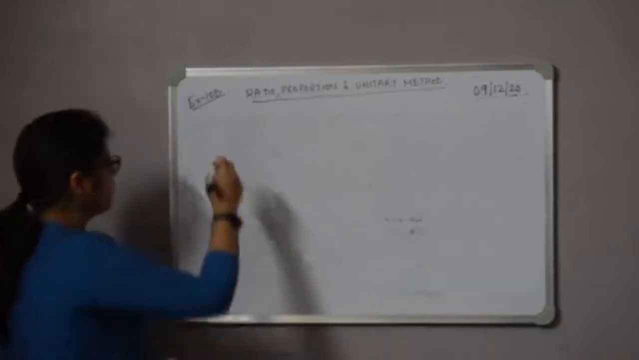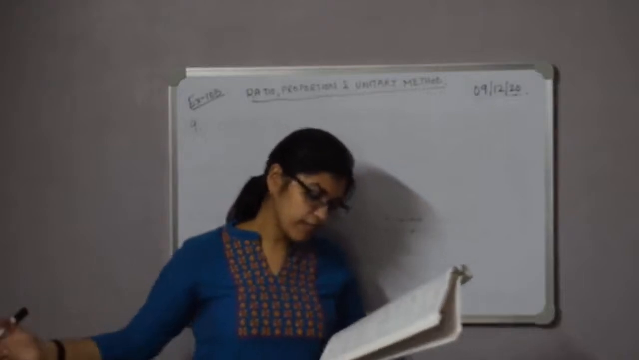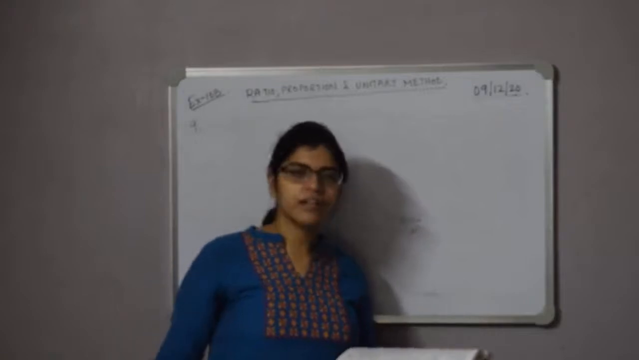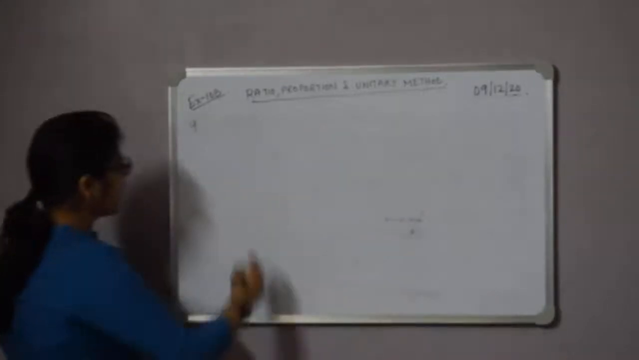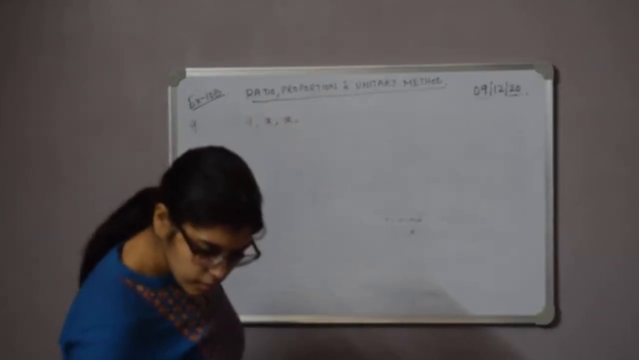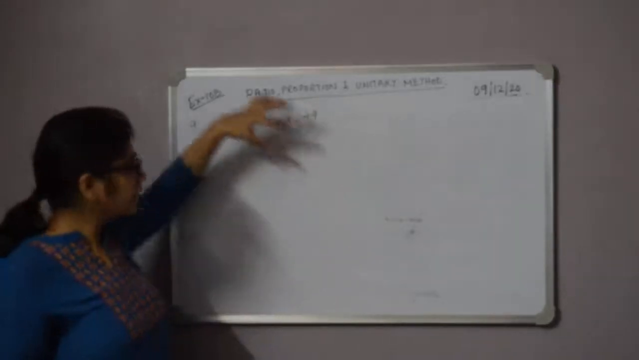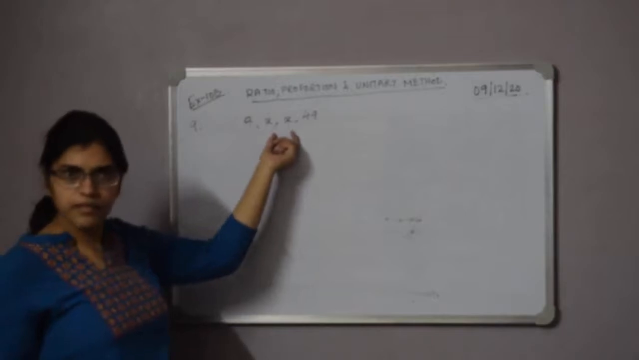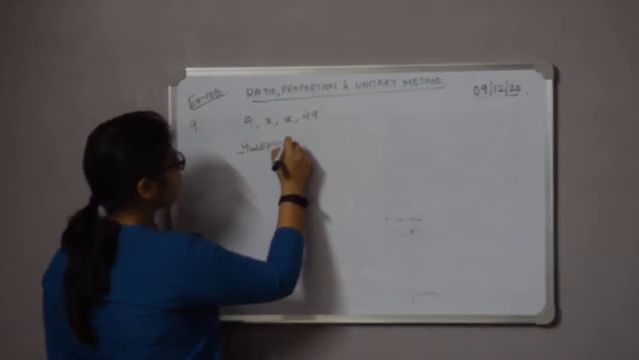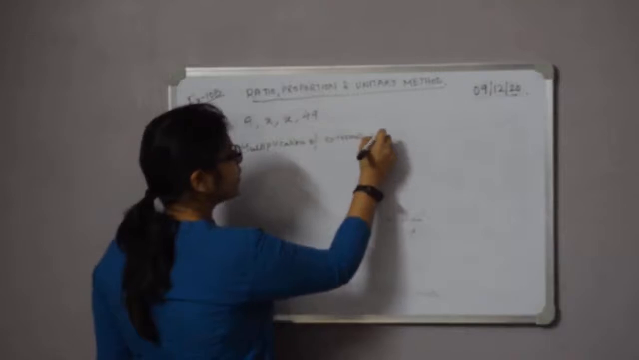In sum number 9, it is given that 9x, x and 49 are in proportion. That means it is in continued proportion, right? It says find the value of x. So we have 9x, x and 49. We will get the same number by multiplying the two extremes and multiplying the means, right? Because it is given that they are in proportion,